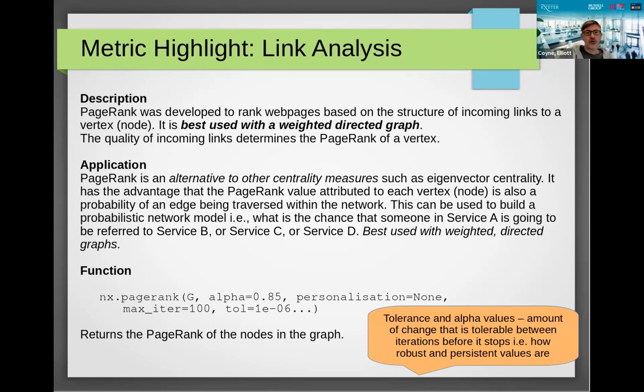We have something called link analysis. And this is based on something called PageRank, which was developed by the guys at Google. And this was developed, I believe, correct me if I'm wrong, as a way to rank web pages by looking at the structure, and the quality, I should say, of the incoming links. That being, if you've got a web page, let's say, and it's being referred to by, say, BBC News